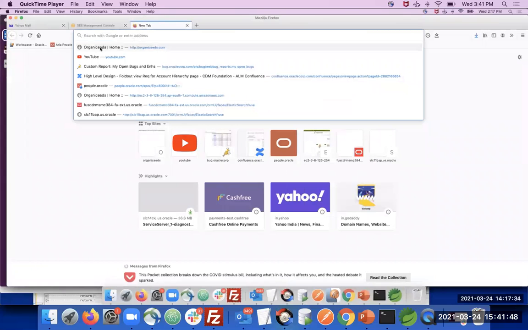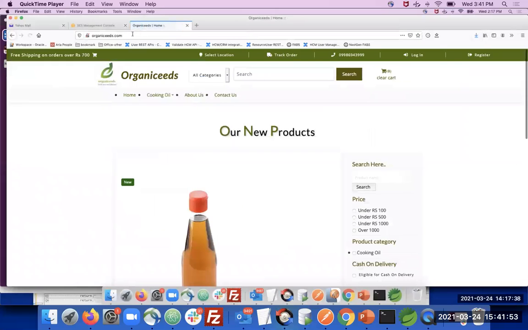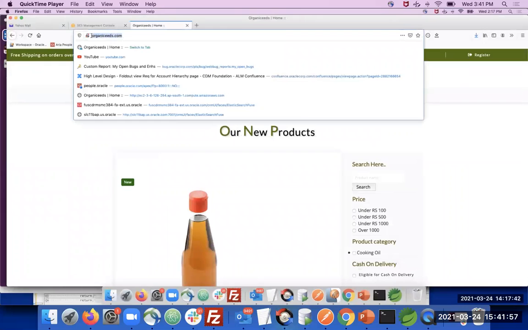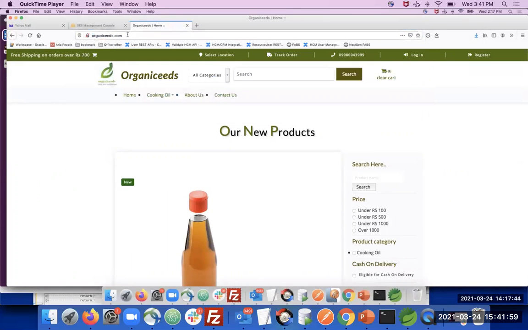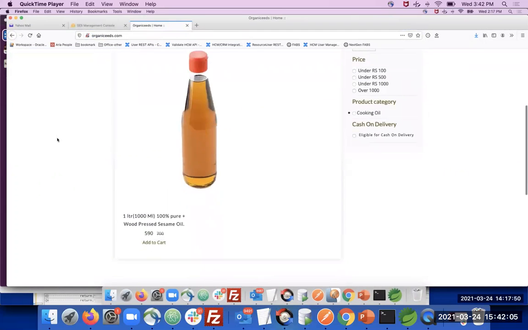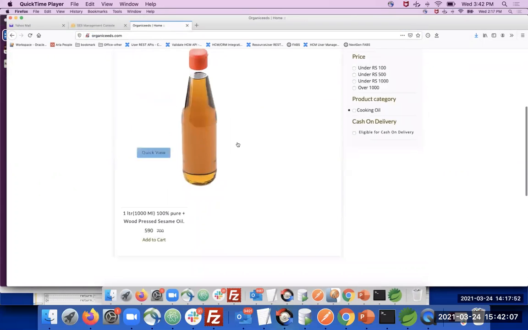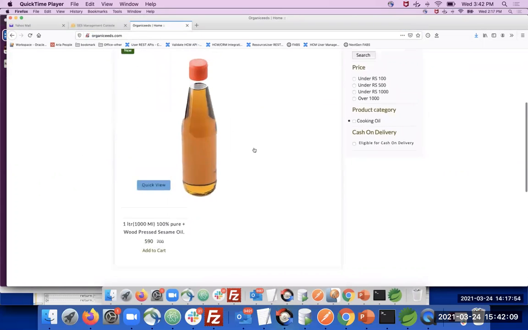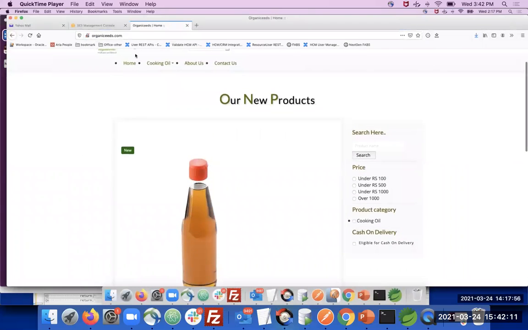The Apache web server and this website are hosted on an AWS Amazon EC2 instance cloud server. We loaded only one product, an oil item, for demo purposes.